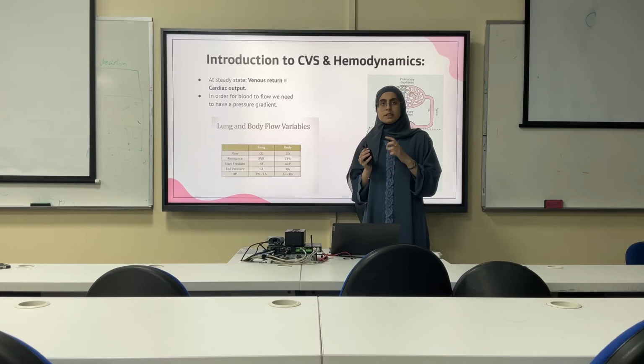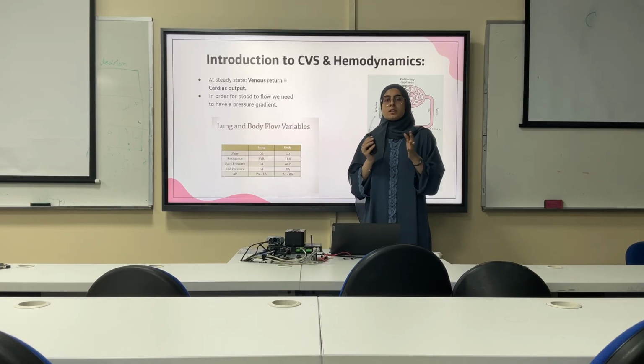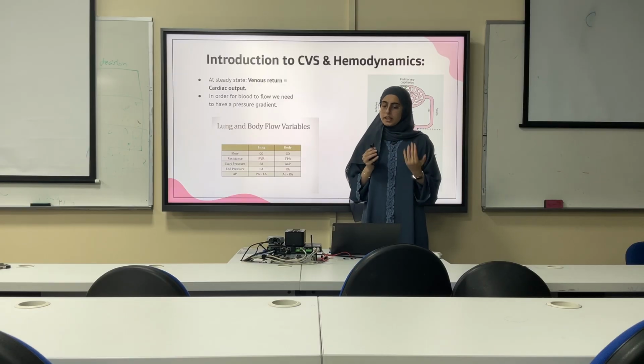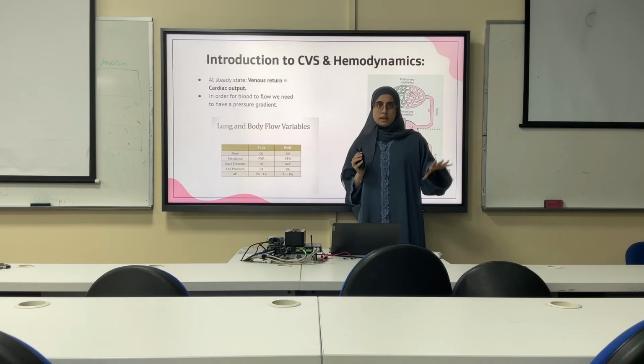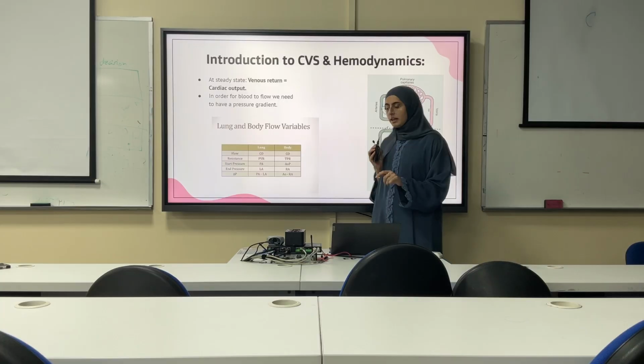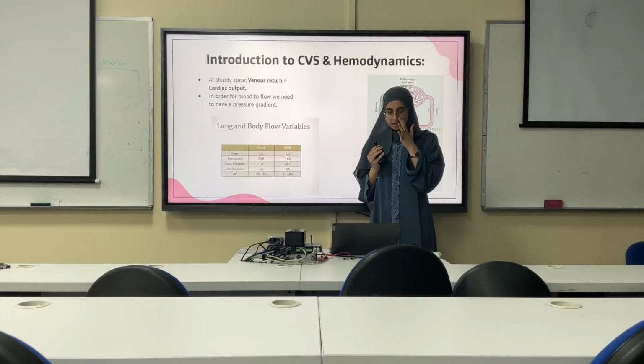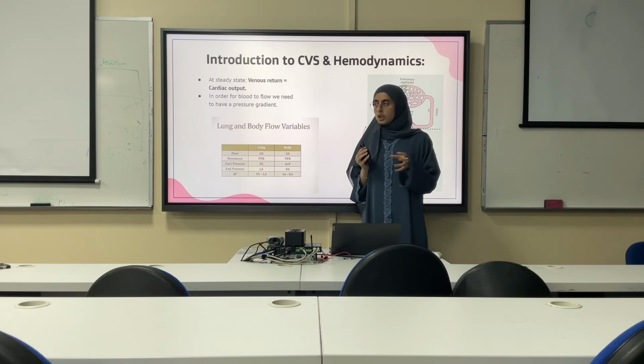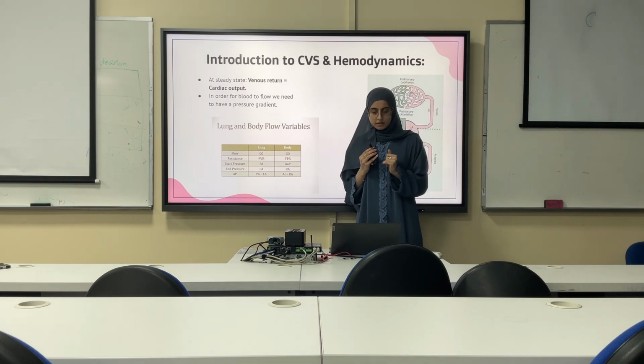You need to produce less pressure gradient to move something that's closer, compared to moving blood to the brain, the kidney, or anywhere else. This small table I've added is from the BNB video. It's very helpful. It basically shows you that both of these circulations start with the cardiac output as their flow,